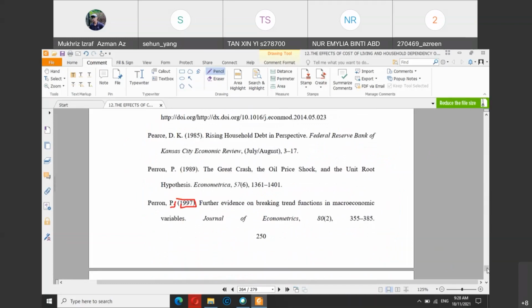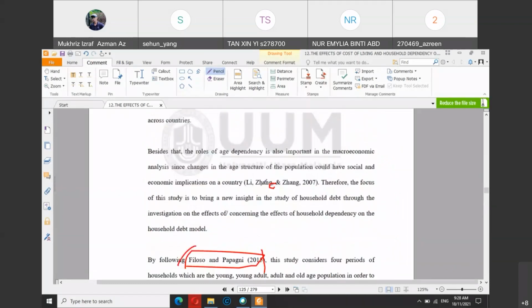Sometimes the year in the reference is not the same as the year in the text. So for example, Lee, Chang and Chang 2007, but when I go to the reference, the same author, but maybe you put 2006, for example. So the year also can have a very important impact, because as we know, some authors can publish different articles in the same year, or you might have similar authors' names but published in a different year. So the year also must be exactly the same as the original source.